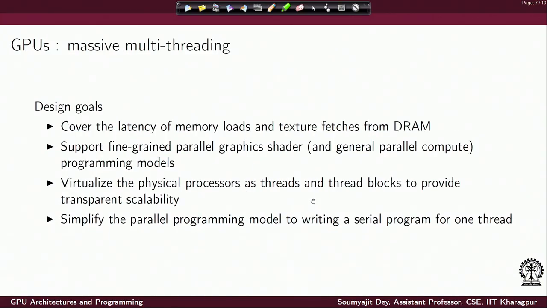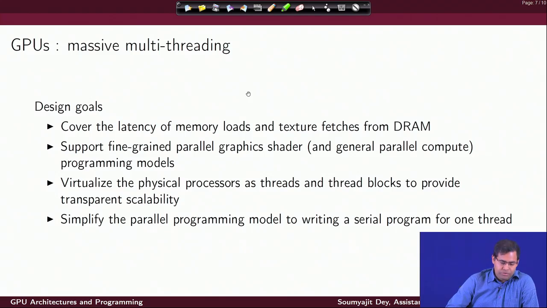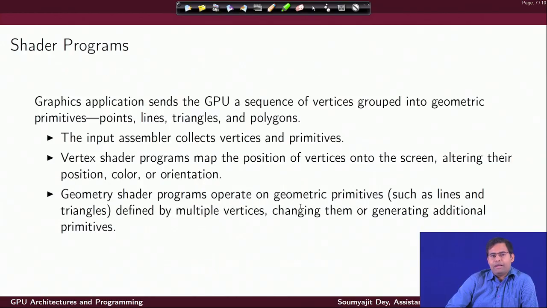So, we will see how this graphics processing will nicely map to GPUs which support this massive multiple threaded computation. For GPUs the primary goal in its early age was to provide a solution which was partly programmable. It should be able to accelerate the working of this kind of graphics pipeline. The reason being that you want the graphics to be rendered with as much resolution as possible, at as high a rate as possible.